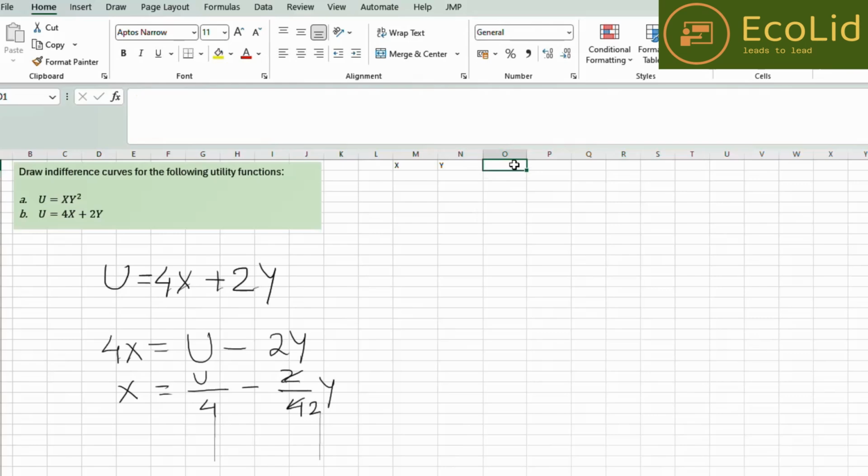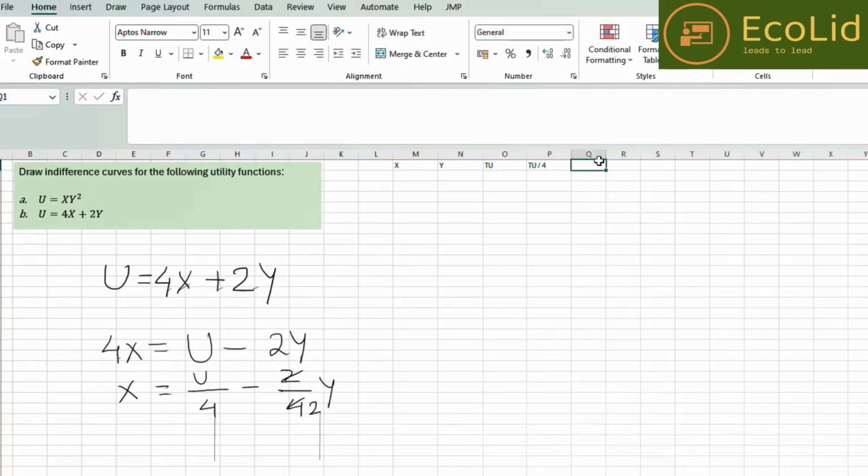Then we will generate the column for the total utility. We know this utility function is for total utility, so we will generate the total utility column. After that we need to generate the columns that are required for the related terms. So here we can generate one column for total utility divided by 4, and one more column we can generate